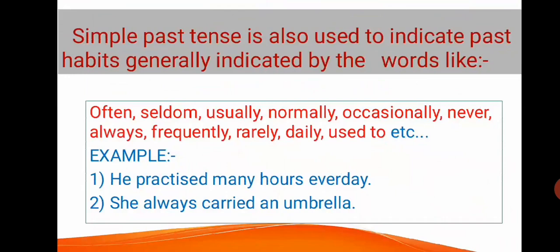Here, always is the word that is representing that we are talking about a habit. And because we are using, as we can see, second form of verb, it is a past habit here. So we can say that this tense is used for past habit, and these words are very important as these words show that we are actually talking about past habit. So these were the main uses of simple past tense. I hope now that simple past tense is clear. So let's do its revision.